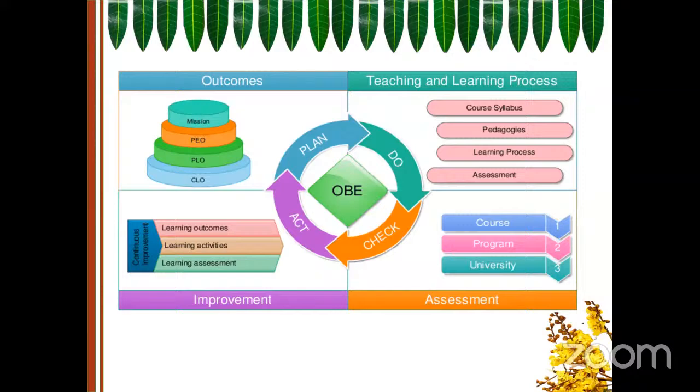Now, finally, the third step is assessment and evaluation. First, we discuss the course outcomes and program outcomes, and finally, the university also has a vision and mission. So how do we assess and evaluate all of them? Finally, once this is done, there is continuous improvement. Previously we talked about continual; now this is continuous improvement in all the learning outcomes, activities, and assessment processes.